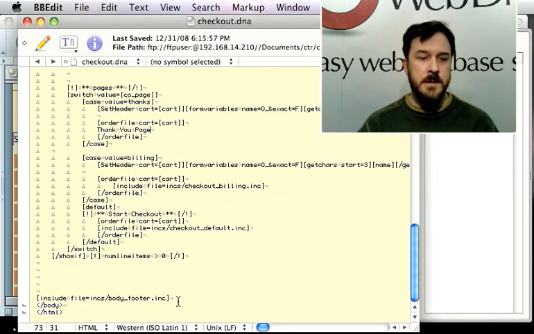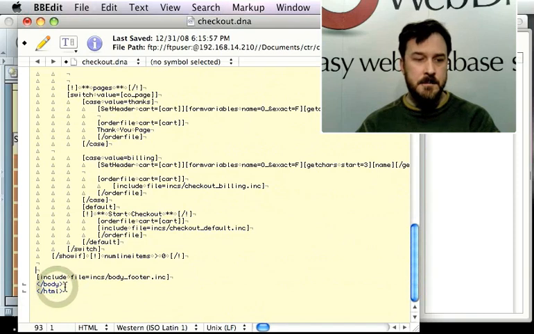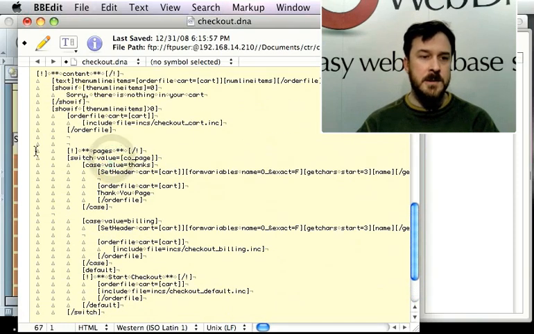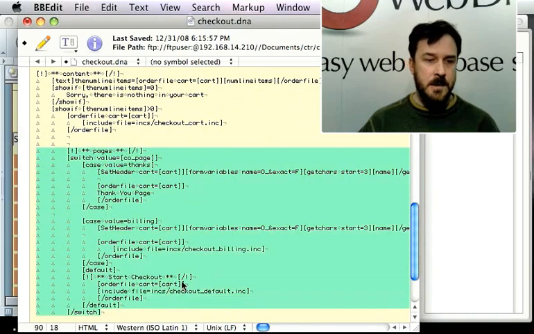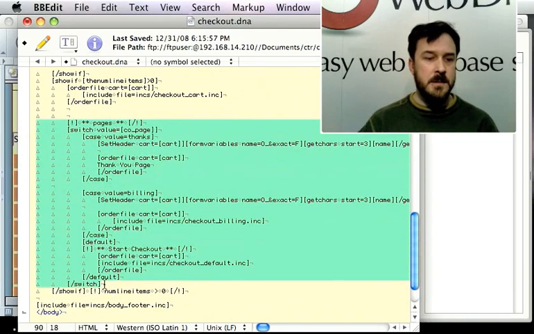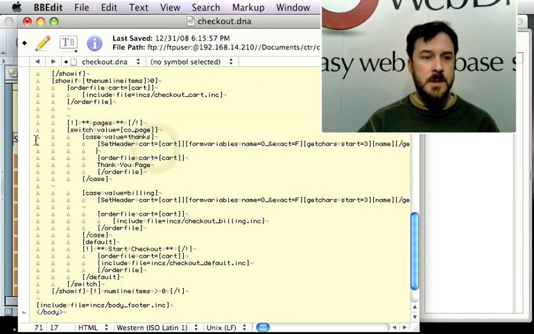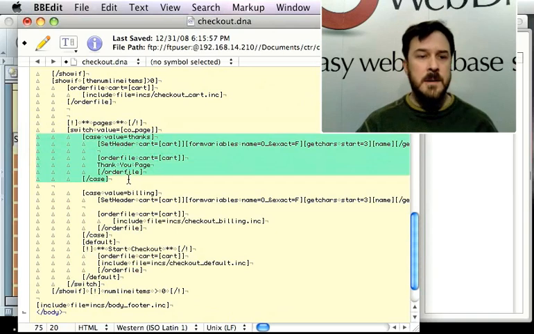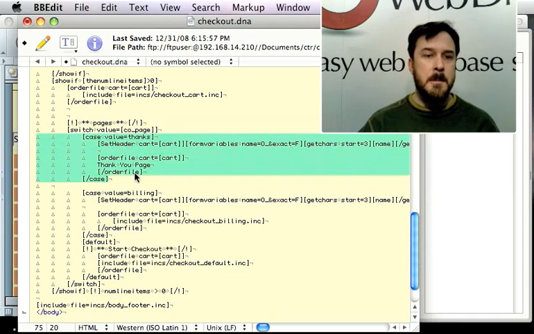If I scroll down here, by using the switch context, all the pages on this checkout are being served in this little bit of code right here. And right now, after filling in the billing information, we're landing on the thank you page, which is this area right here. So let's